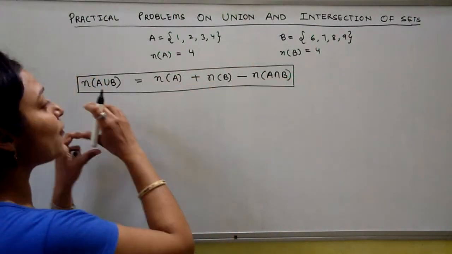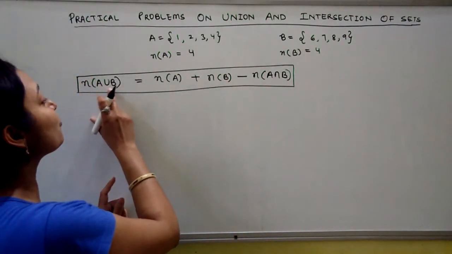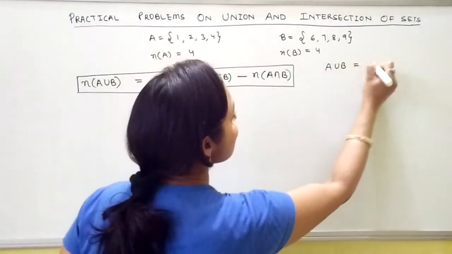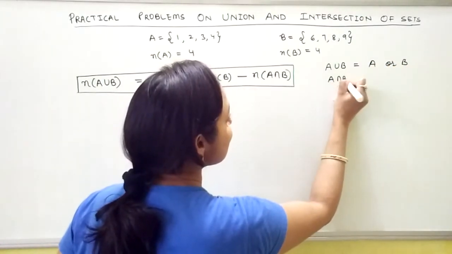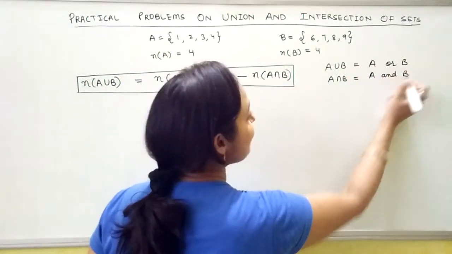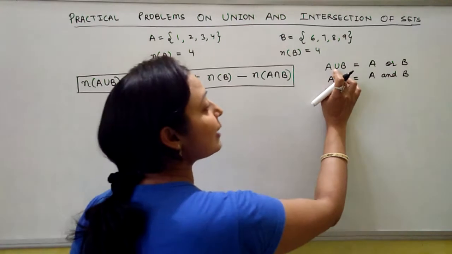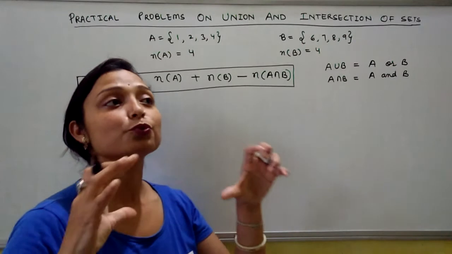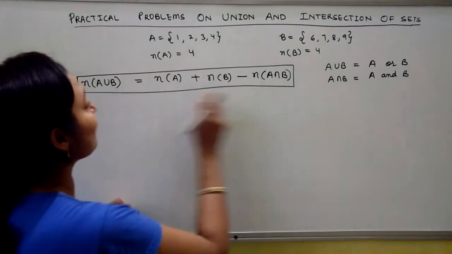The formula tells us about two sets. If there are two sets and you have to find the union of the two sets, A union B means A and/or B. If it is given as A intersection B, in the statement it is written as A and B. So this is the way to write intersection and union in theoretical form. If it is given that A or B has 14 elements, the number of A union B is equal to 14. Okay. Now come to the formula.